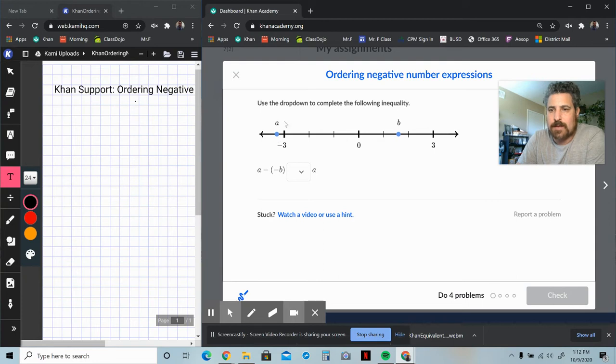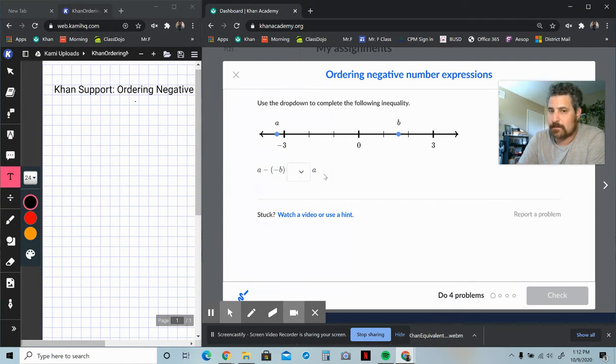So is A a positive or negative value? A is a negative value. Is B a positive or negative value? B is a positive value. What is A take away negative B really worth? Well, A take away negative B is really worth A plus positive B because subtracting a negative is the same as adding a positive. So ultimately, this is some value A plus some value B compared to just the value